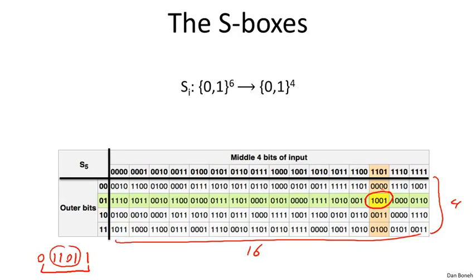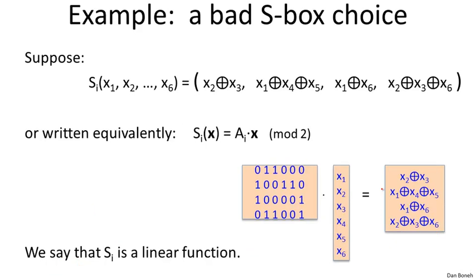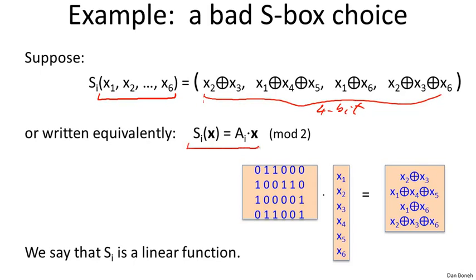Now the question is, how are these S boxes chosen? How are these tables actually chosen by the designers of DES? To give you some intuition for that, let's start with a very bad choice for S boxes. So imagine the S boxes were linear. What do I mean by that? I mean that imagine that these 6-bit inputs literally were just XORed with one another in different ways to produce the 4-bit outputs. Okay, another way of writing that is that we can write the S box as a matrix